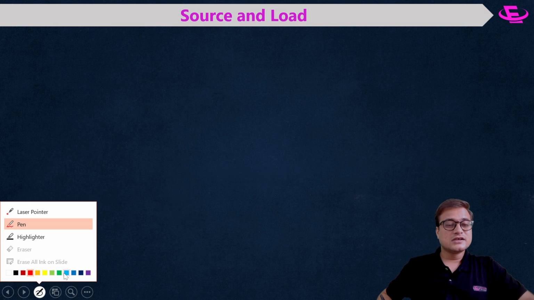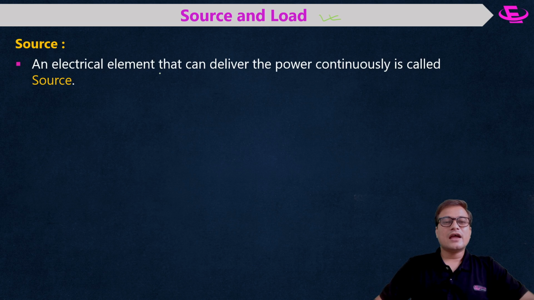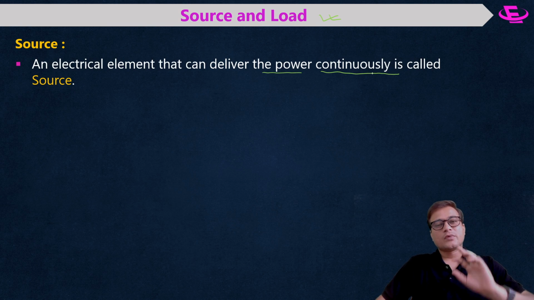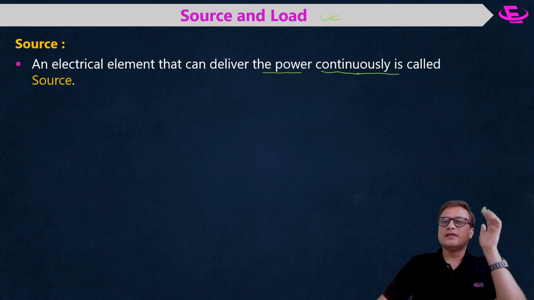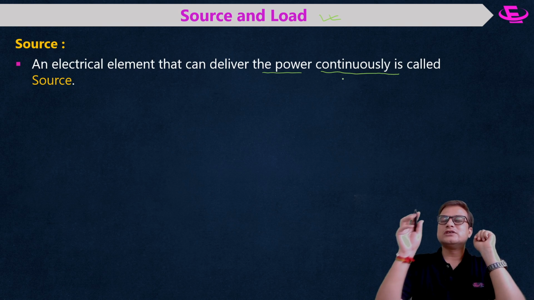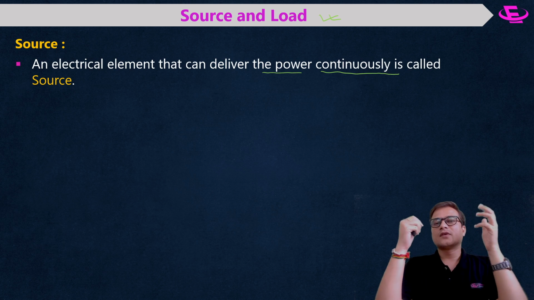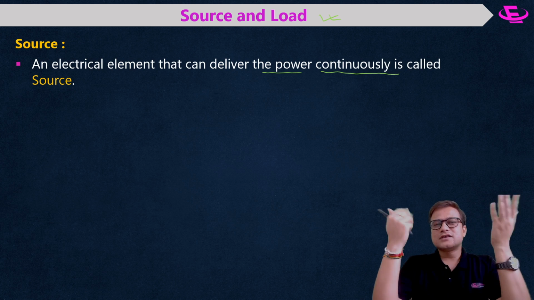Let us discuss source and load. So let us see what is source and what is load. If you define source, source means what? The element that can deliver electric power continuously is called a source. Why am I placing the term continuously? If I don't place the term continuously, then somebody will come to you and say an inductor is also a source. How? If an inductor is a source,